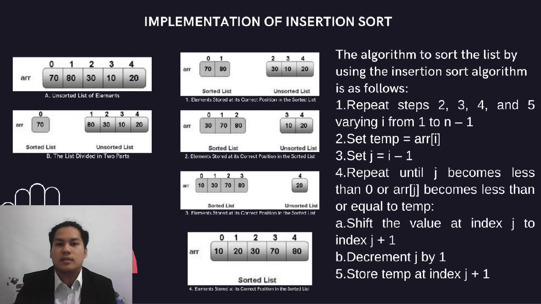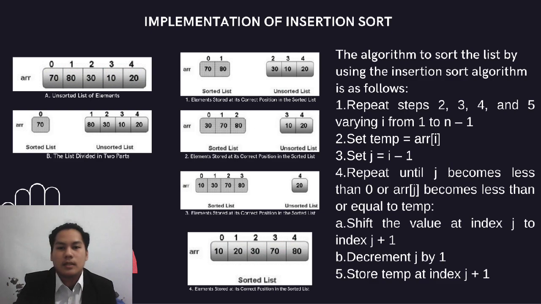Next is the implementation of insertion sort. The algorithm to sort the list by using the insertion sort algorithm is as follows. First, repeat steps 2, 3, 4, and 5 varying I from 1 to n-1.